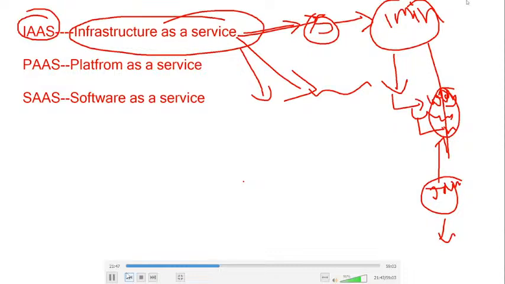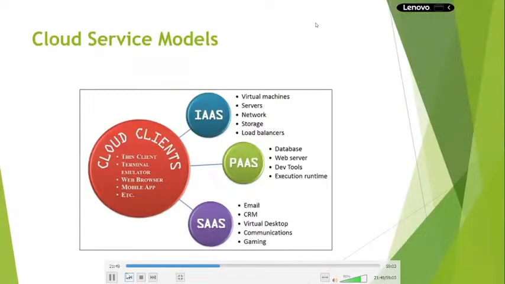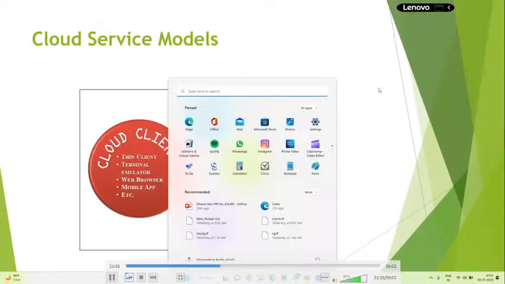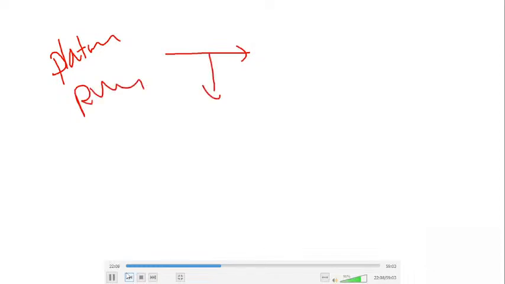Okay, next, Platform as a Service. What is Platform as a Service? Any idea? The name itself describes it: platform. They are providing the platform and runtime. For example, you have to deploy one Java application. The Java code is ready with you.